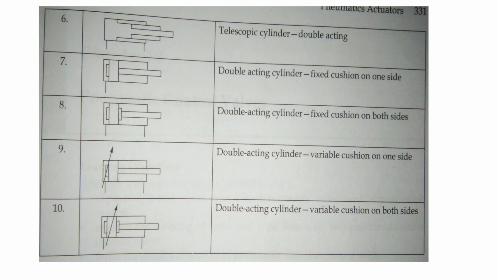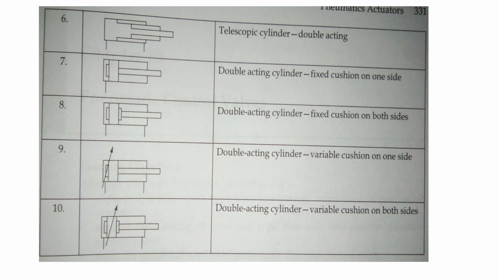Next, you can see above the piston there is a small rectangle that indicates the fixed cushion. Here you can see a single acting cylinder with the fixed cushion at the piston end, and the return is not specified. The next one is a double acting cylinder. On both sides you can see the rectangle above the piston, which indicates a double acting cylinder with fixed cushioning on both sides.